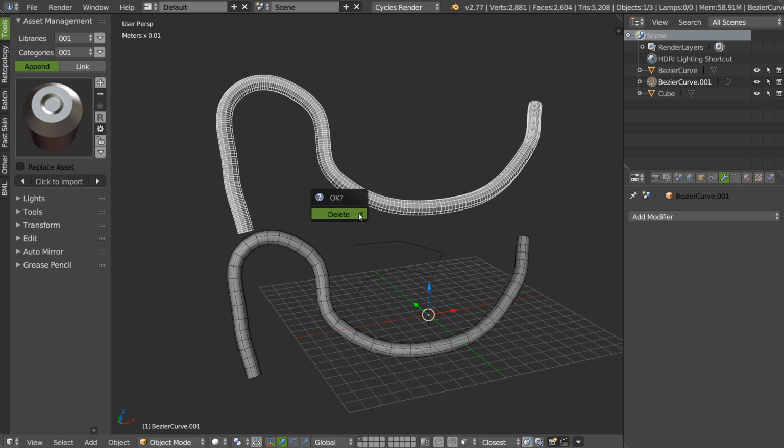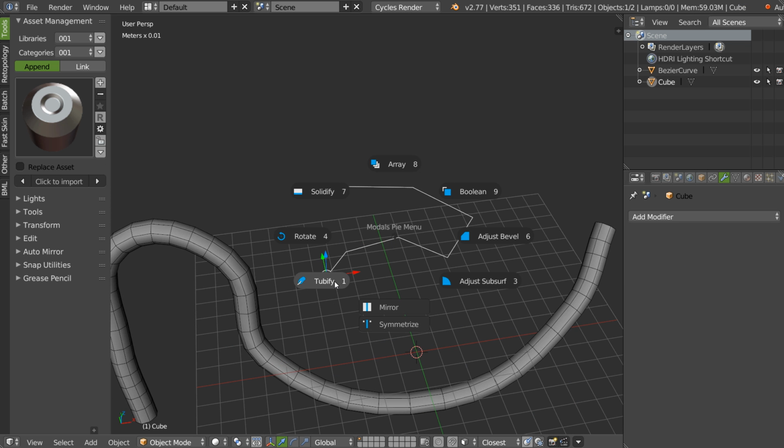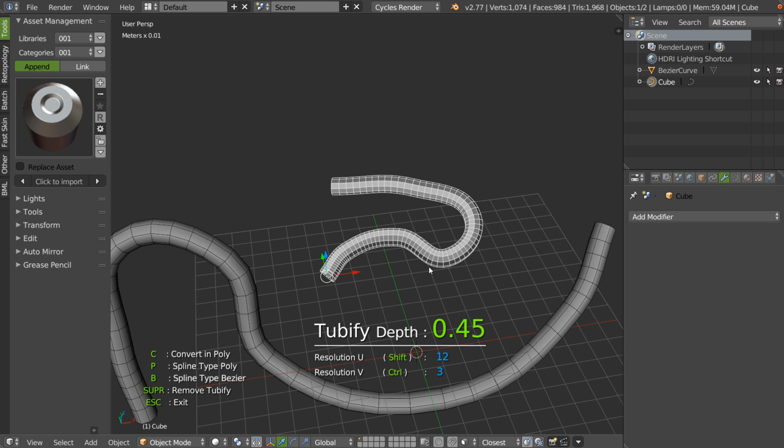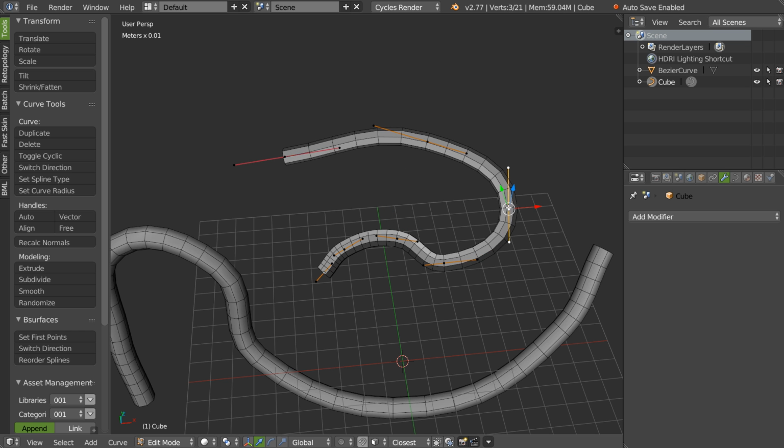This is really simple. You can do this with something more simple like this one. Yep. You can edit your curve. You can delete vertices.